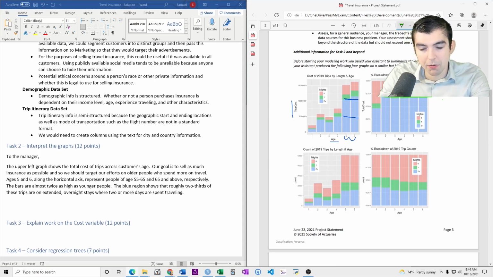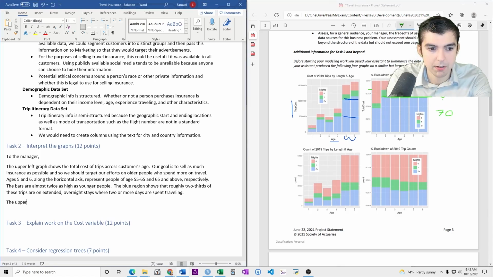In other words, people spend the same percentage on 0-night trips or like day trips. So 20% of the trips are on day trips. And then this is like 10% green, and this is like 70%.